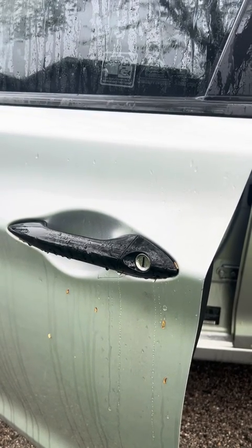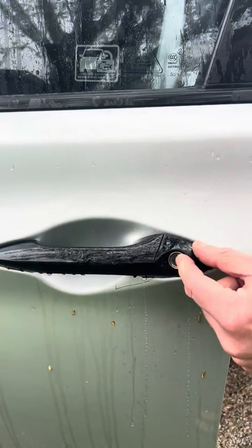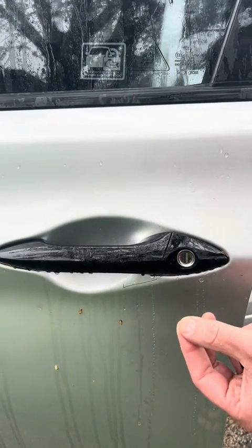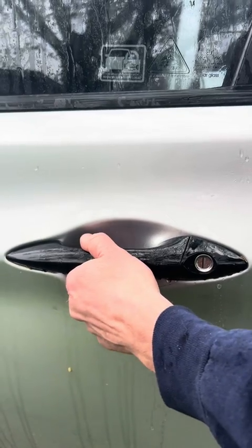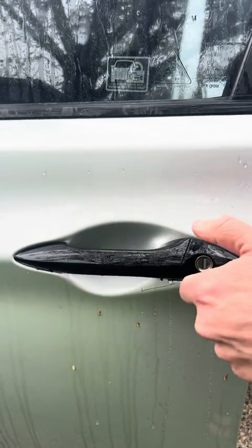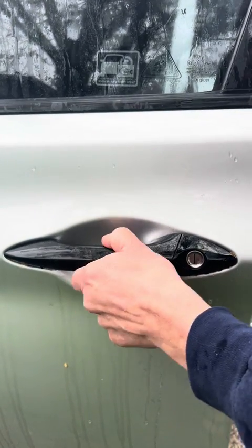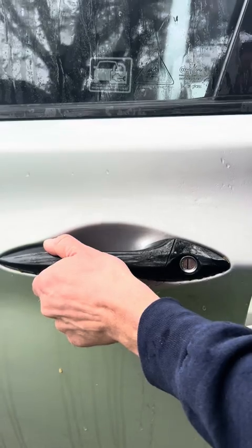So once you get the bolt out, this part here with the lock in it, it just pulls right out real easy. And then the handle part here, you have to open it and then slide the whole thing back and it pulls out. So to put the new one in, put the handle in first, put it in, slide it forward,